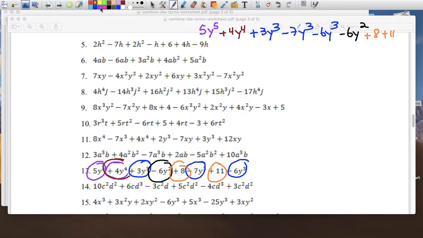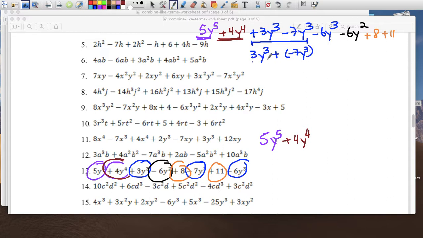You can combine some of these guys, right? So orange, purple, let's start with the purple. 5y to the fifth power. That's the only one, nothing to do. This one, again, nothing to combine, so we're just going to write it down. In blue, we have some work to do, so we got these two guys that we want to focus on right now. So I'm going to write 3y cubed, change the subtraction to addition, and change the 7 to negative